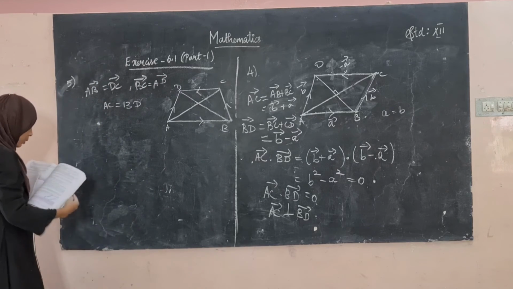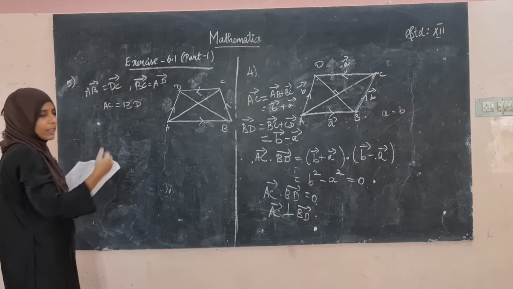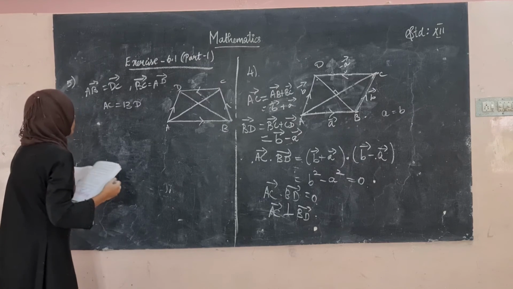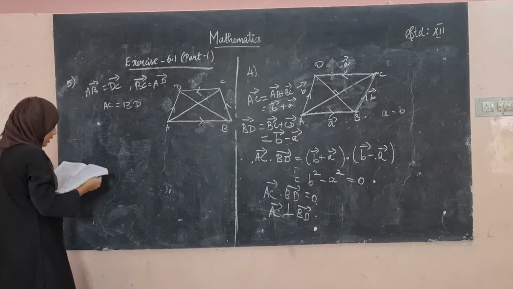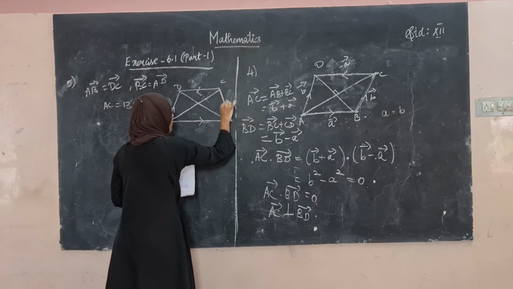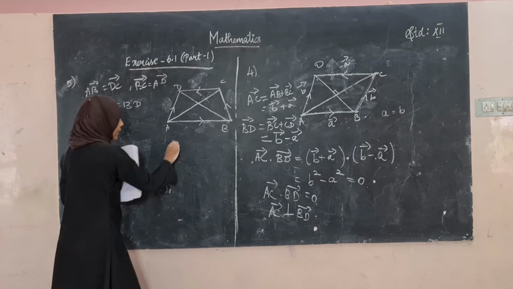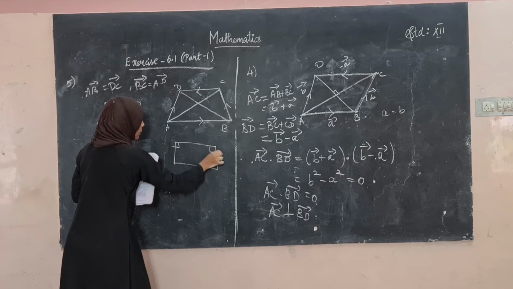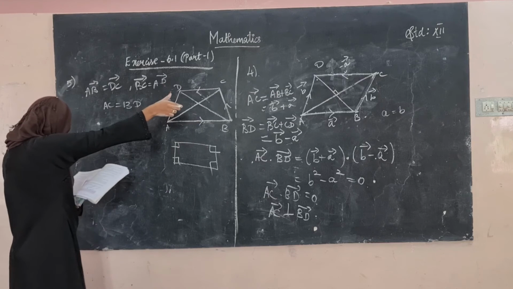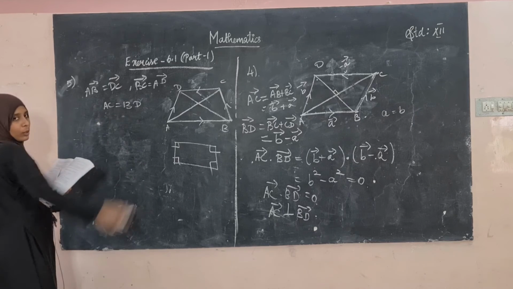Now what you have to prove is that it is a rectangle. Rectangle means opposite sides are the same, and what they have asked you to find is if they are perpendicular. See, rectangle means the length and the breadth will be at 90 degrees. So, rectangle will be like this, right? The angles formed will be 90 degrees. So, you can find any one angle as 90 degrees, that is AB and BC as 90 degrees. What they have given is that the diagonals are equal, so AC is equal to BD, you can take that.